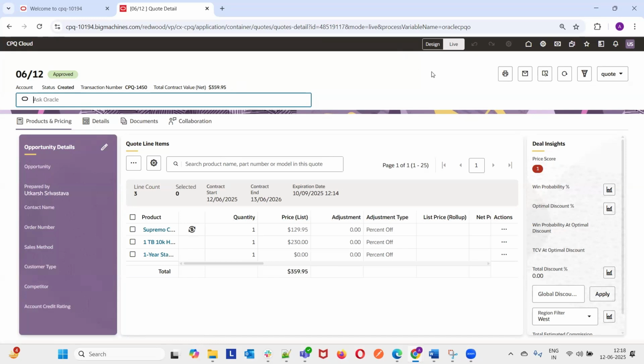And also we can move between design and live mode from the code itself without navigating away from the code. So these are the different new features enabled through Redwood UI for a better user interface and improved navigation.